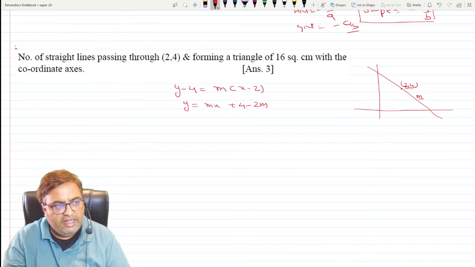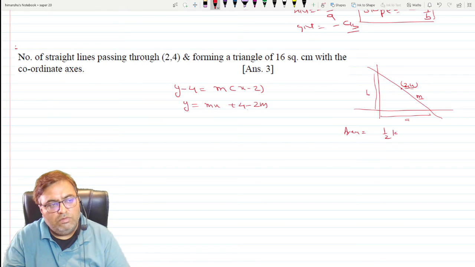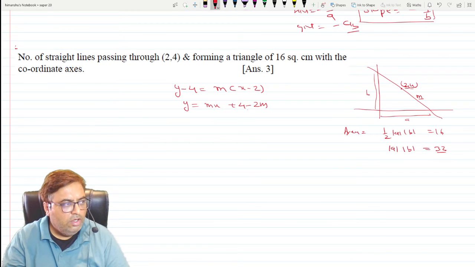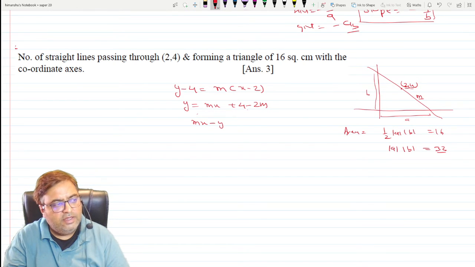अब लेकिन मुझे इसका एरिया लिखने के लिए ये वाला लेंथ चाहिए, ये वाला लेंथ a और ये वाला लेंथ b. तो एरिया जो होगा, area will be 1/2 mod a into mod b, and that is given equals to 16. मतलब product of the intercepts should be equals to 32. तो यहां से हम लोग क्या करते हैं? इंटरसेप्ट निकालते हैं. ठीक है, तो इंटरसेप्ट कैसे निकालें? mx minus y is equals to 2m minus 4. डिवाइड करिए, तो यहां से x upon 2m minus 4 by m plus y upon 4 minus 2m upon m